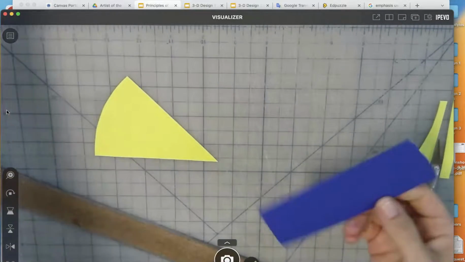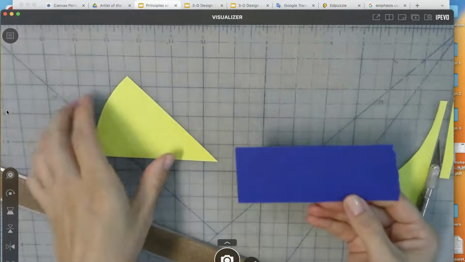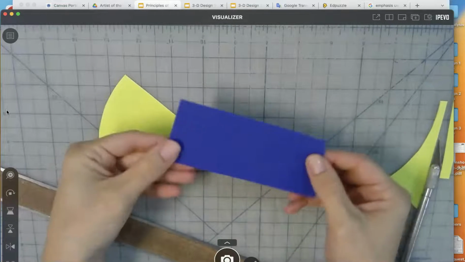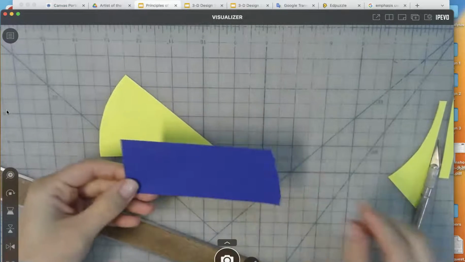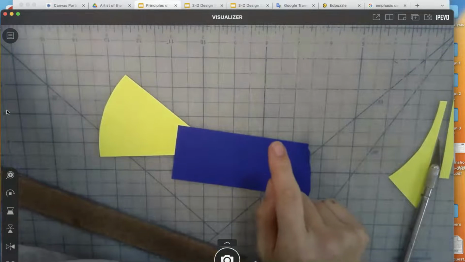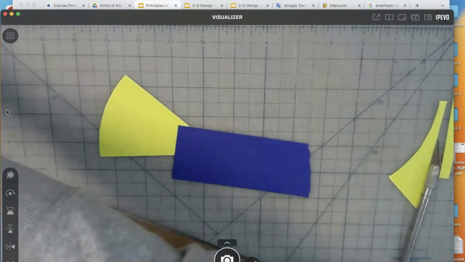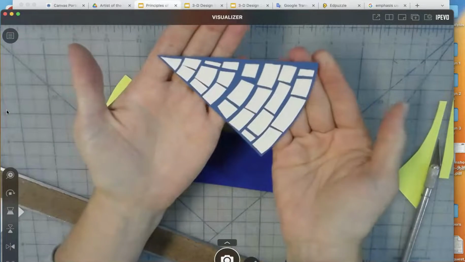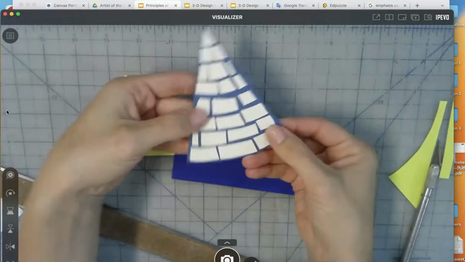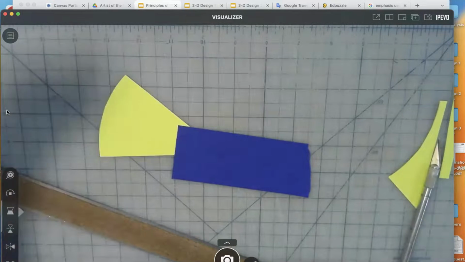So now I have my background cut out, and then I can go back to my drawn plan and decide, okay, what am I doing with this, right? If this is contrast, maybe I'm going to use these darker colors. I'm going to cut out shapes. If we look at my example here of what I did for contrast, I used darker colors and just this white. So I cut out a lot of shapes for that.